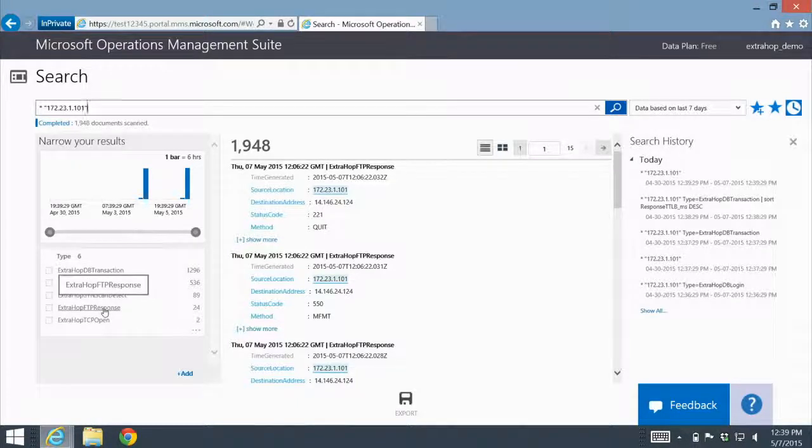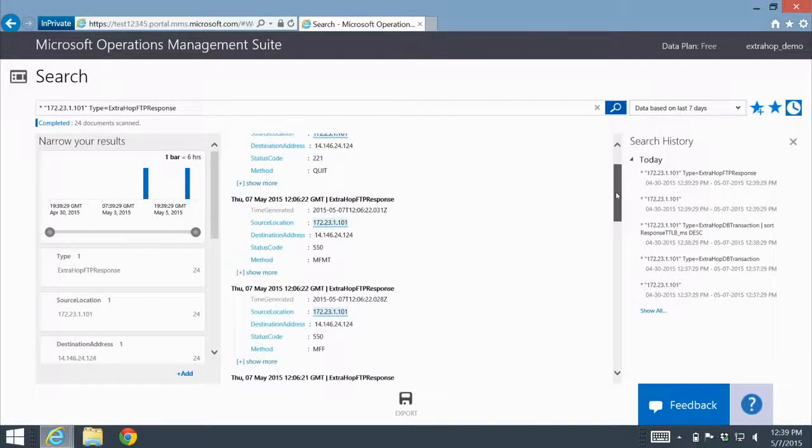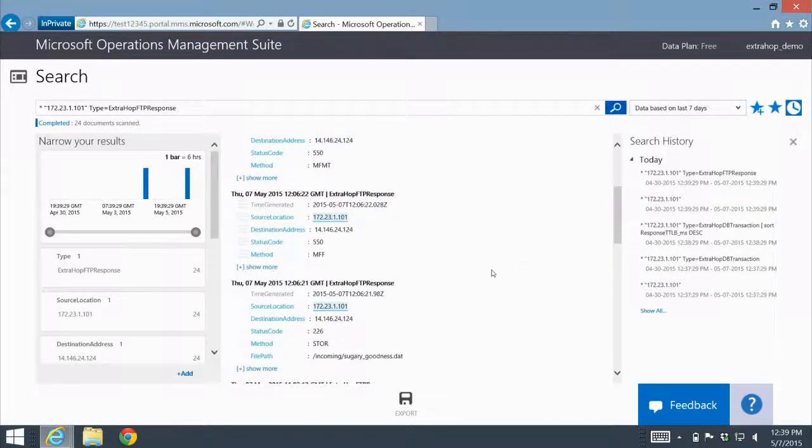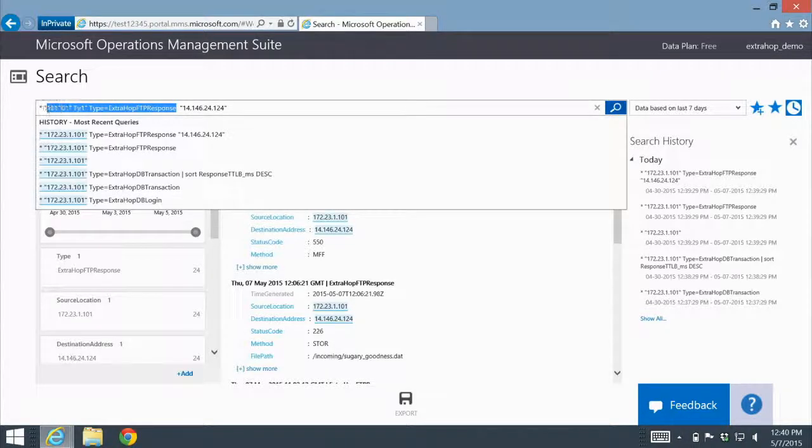FTP seems a little strange. Let's drill in on that. We can see some FTP commands taking place, and they're all going to this one host, this 14.146 address, and we see it in fact pushing out a file. Well, I'm going to assume that that's pushing out my database traffic there to this unknown host out on the internet. So let's pivot now and take it from looking at the host on our intranet to looking at this suspicious host